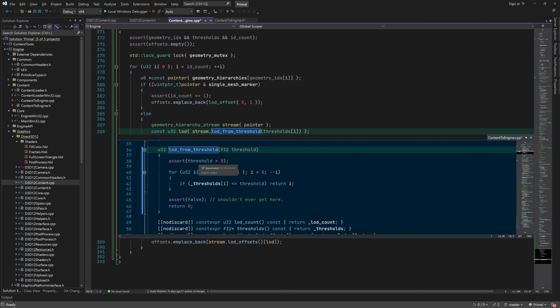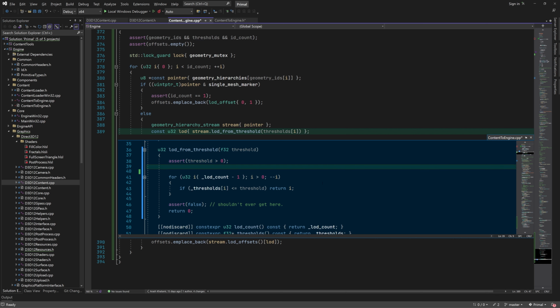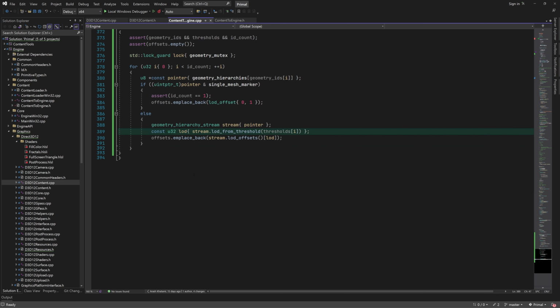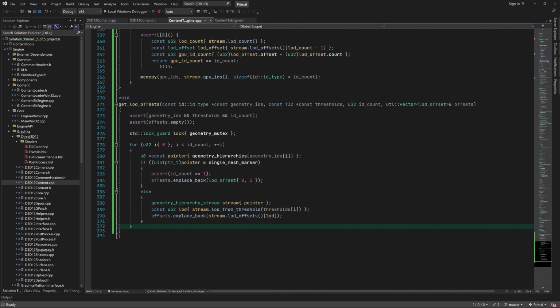I also have a small fix for the LOD from threshold function, which should return 0 if there is only a single LOD in the geometry. This is all we need to do to get the submesh GPU IDs and the LOD offsets for an array